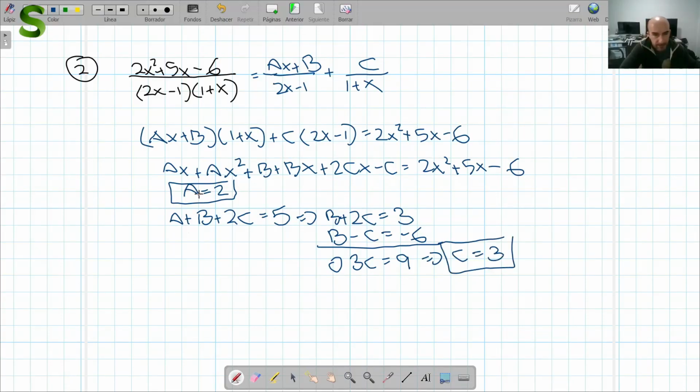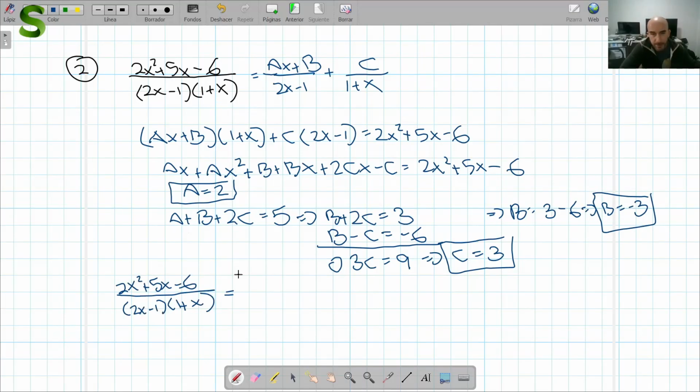If c equals 3 and a equals 2, we can go to either one of these equations, and we have b equals 3 minus 2c, which is 6, so b equals minus 3. And so our partial fractions expansion is going to be ax plus b, so that's 2x minus 3 divided by 2x minus 1